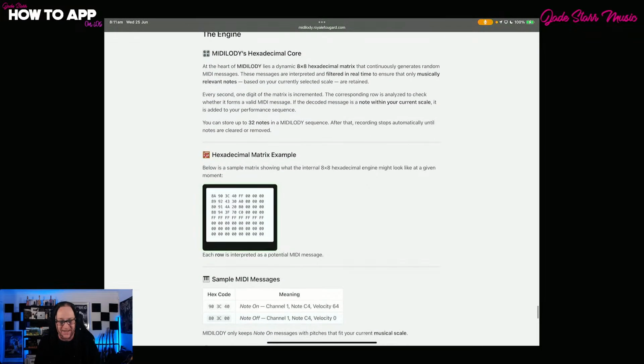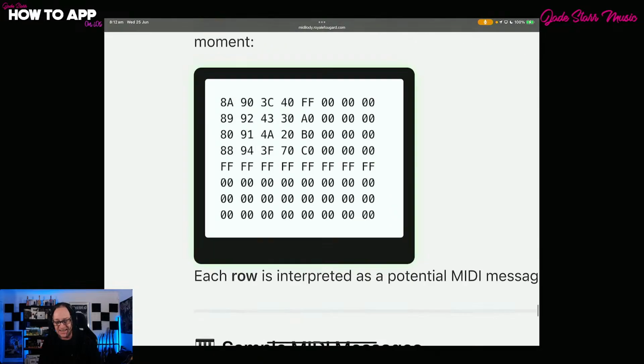hexadecimal core. At the heart of, I'm just going to call it MIDILODY, lies a dynamic 8x8 hexadecimal matrix that continues to generate random MIDI messages. These messages are interpreted and filtered in real time to ensure that only musically relevant notes based on your currently selected scale are retained. So you can see here's our